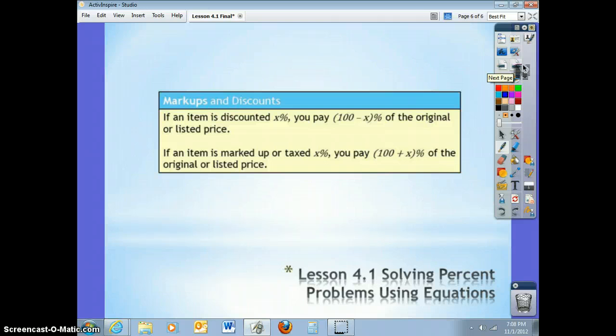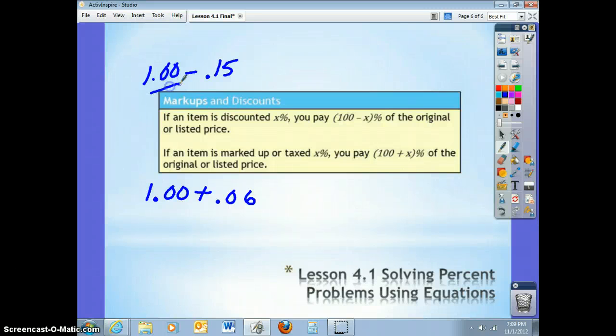All right, so here's a summary page. Now, this is the way they say it in your book, and it's a little bit possibly confusing because up till now they kept referring to 1.00 plus something like 0.06 being a markup, and 1.00 minus something like 0.15 being a discount. Okay? Now, in this summary that they put in your book, instead of using 1.00, they use 100. So I was just consistent in the way they set it up, but it's really the same thing, because what you end up with here is